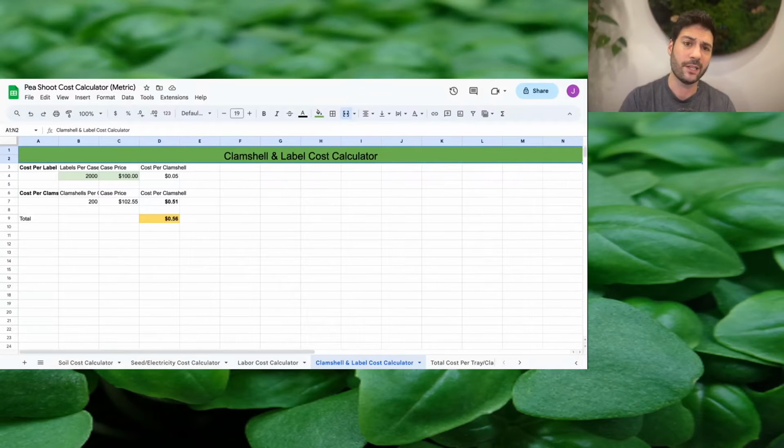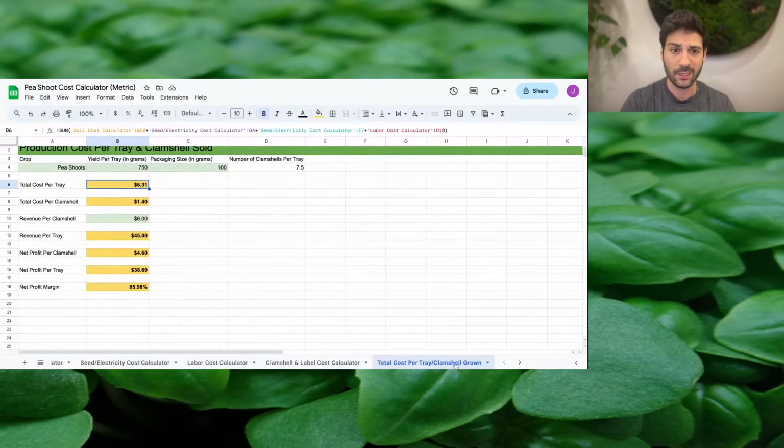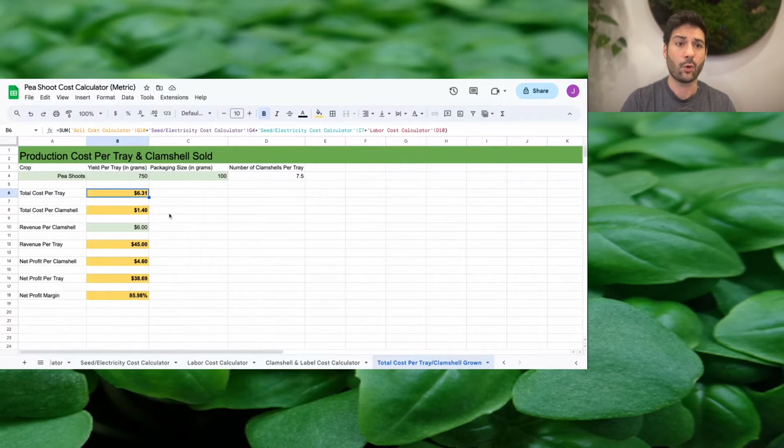I guess if you're selling to retail or restaurants, you're going to have these costs. So this is definitely a simple calculator, but an important number to keep track of. And the last one is the total production cost per tray and clamshell sold. So this gives you the cost of production per tray, what the revenue figure is. So this is the only real cell here, besides the yield and packaging size, that you would change. And then all these numbers are automatically